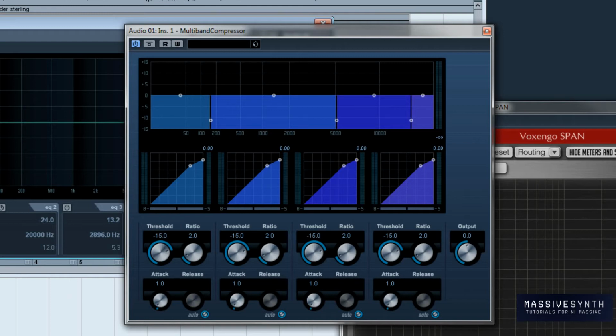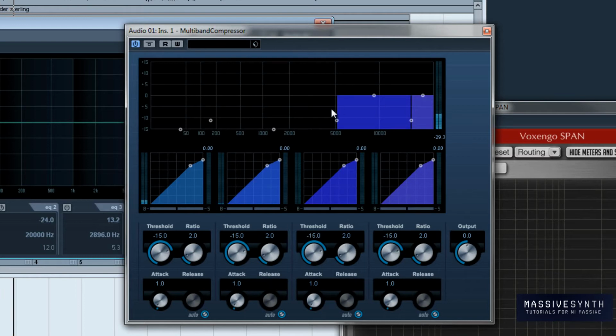So what we'll do is get it playing again. We'll just bring these down all the way. So we already know where the content is. Still hear a little bit of it. So what I'm going to do is crank the thresholds on these so it completely kills those off. And what I can do here is I can compress it as well and bring it up in volume. The specific frequencies. Now if I crank that up,